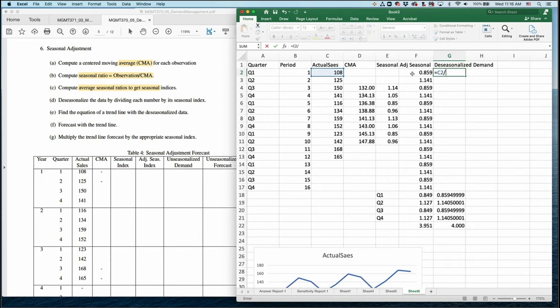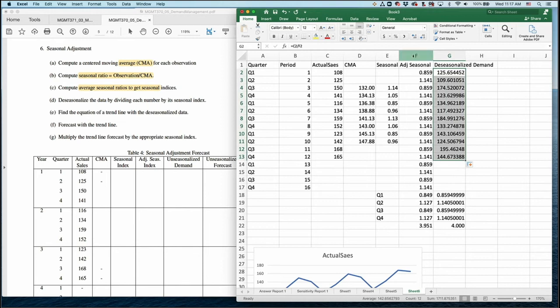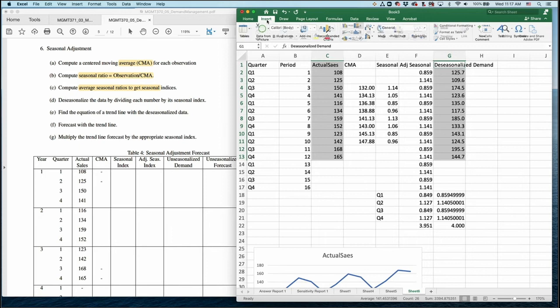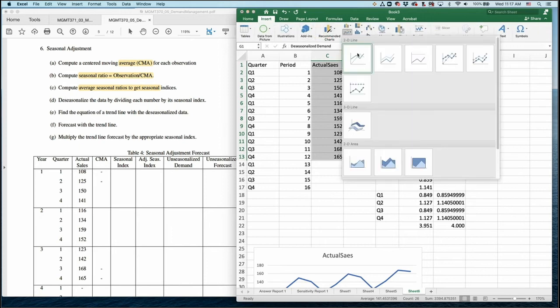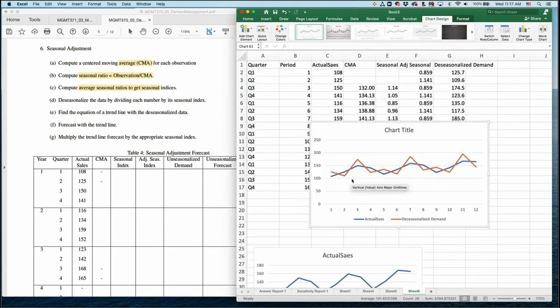So if you have this seasonal number, then now I will plot this chart again. I will highlight this actual data and this deseasonalized data. If we remove this seasonal impact, then we might have only the trend. So like this, we deseasonalize, and this orange is our